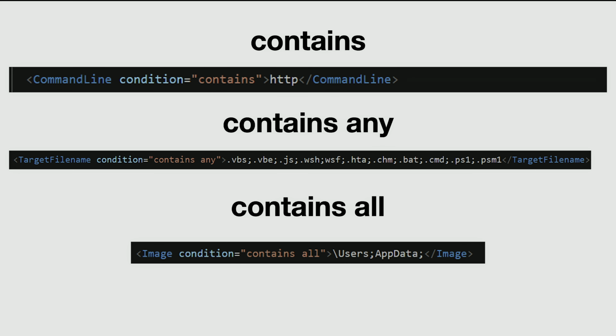Now we have contains any. Again, all of the any's are going to be for an array. So in this case, I could go target file condition contains any, and I have multiple extensions there. This will allow me to cover multiple execution type files for Windows that I want to trigger for this specific